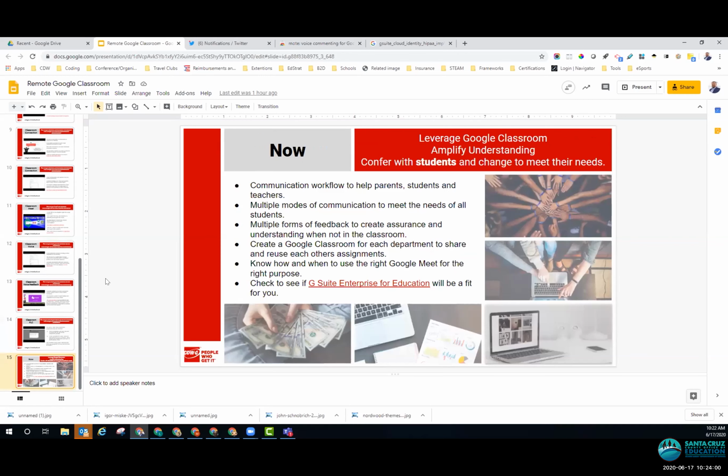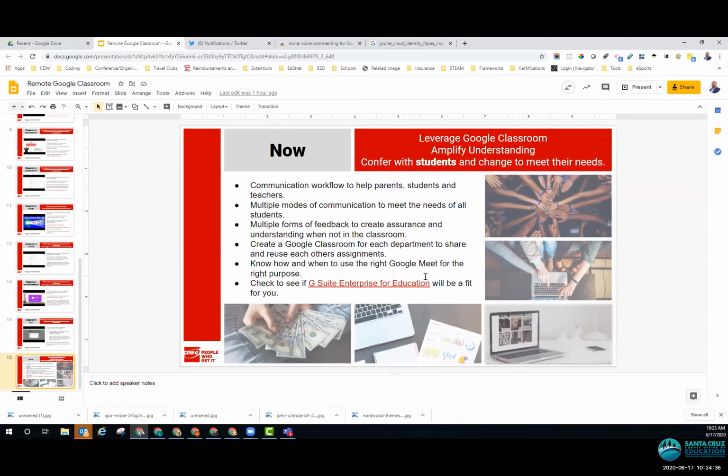And the last thing I want to mention to you is we have to remind our administrators and our leaders and ourselves that the advanced features in the current Google Meet are only available till September 31st for free, and then they go away. So the advanced features are the recording. The advanced features are the noise reduction in the background. Those advanced features are allowed free up until September 31st, and then it only becomes part of the G Suite Enterprise for education.